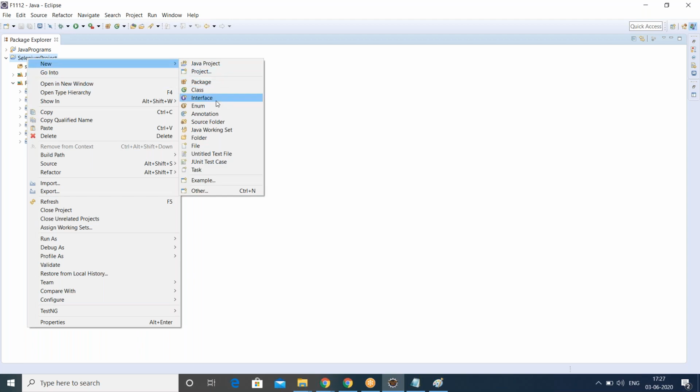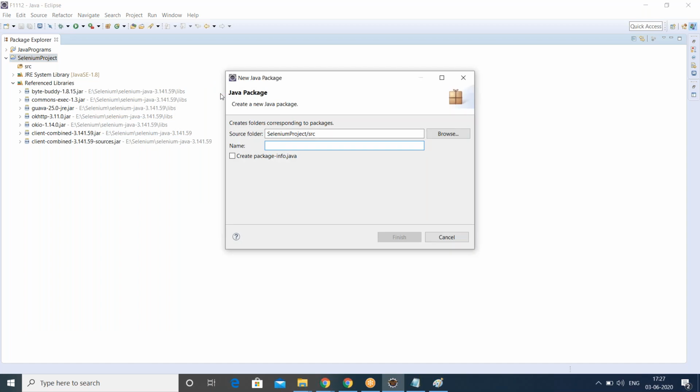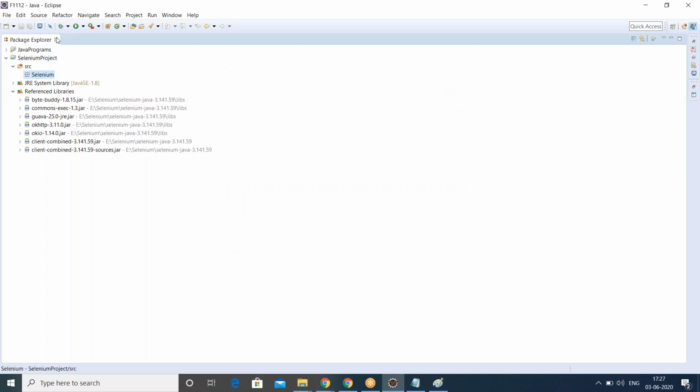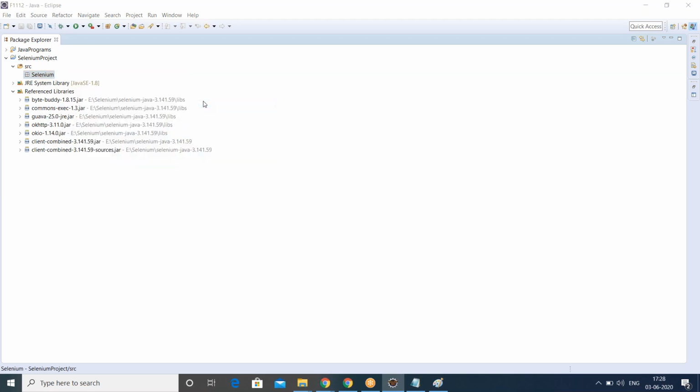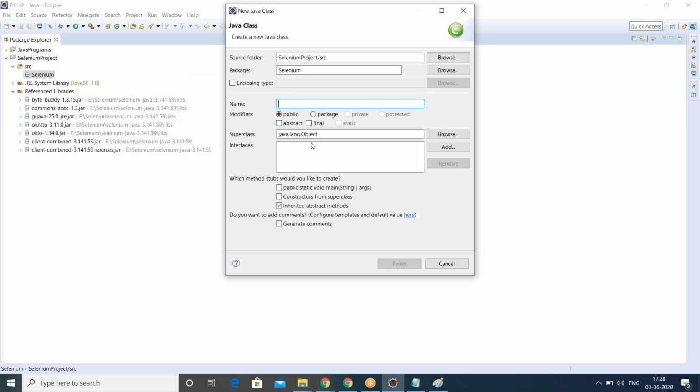Let me create a package inside this. My package name is Selenium. Then let me create a new class. This is my first scenario about login.